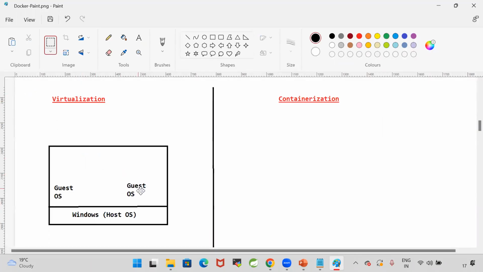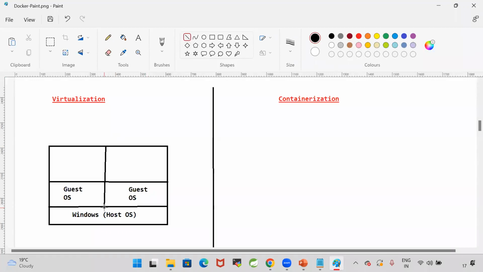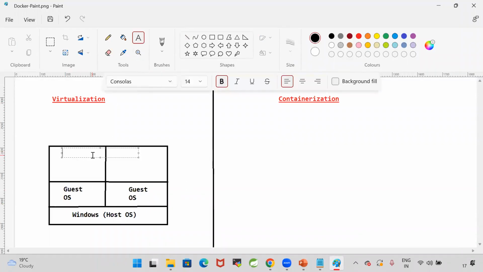So I want to run my application on the Linux machine, right? So here I have a Windows machine. Windows operating system is my main operating system in the computer. In this Windows machine, I have installed 2 other operating systems. Those operating systems are called guest operating systems. In this guest operating system, I want to run my application. For running our application